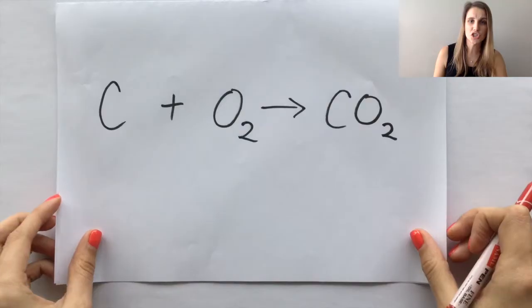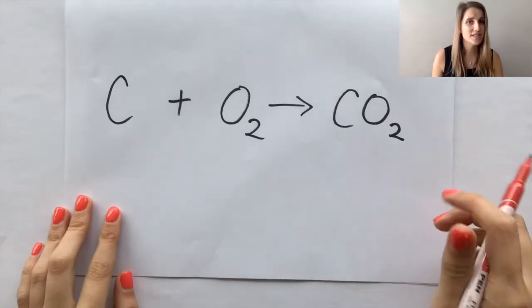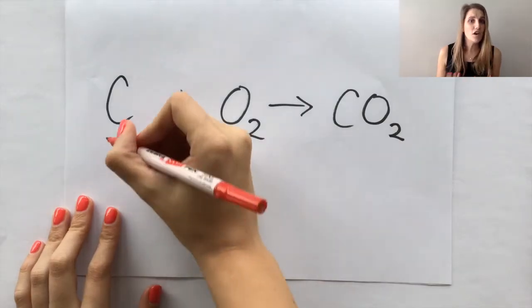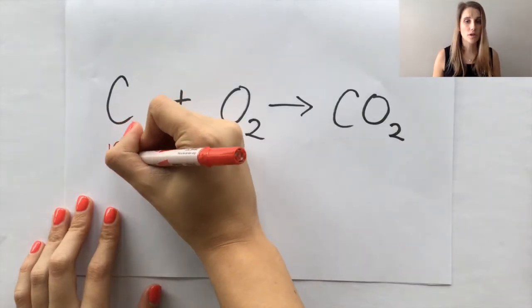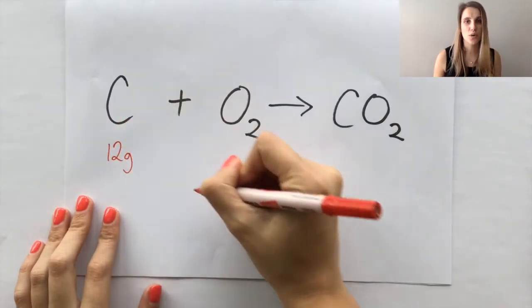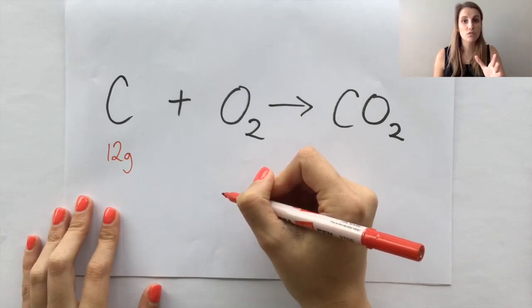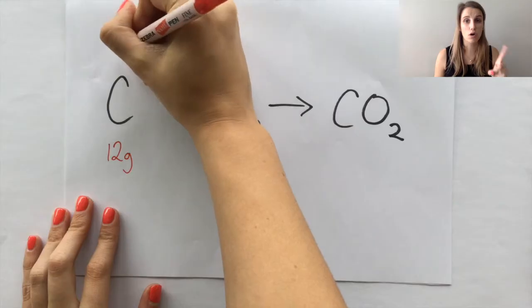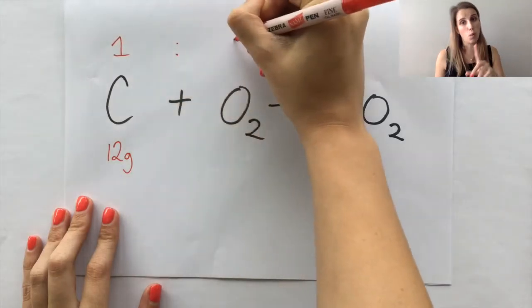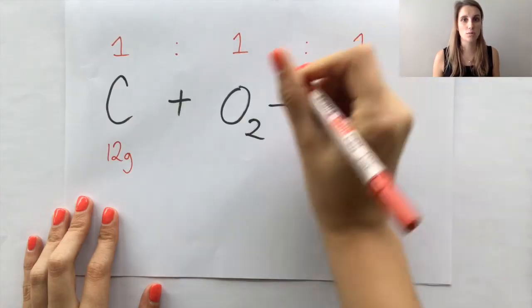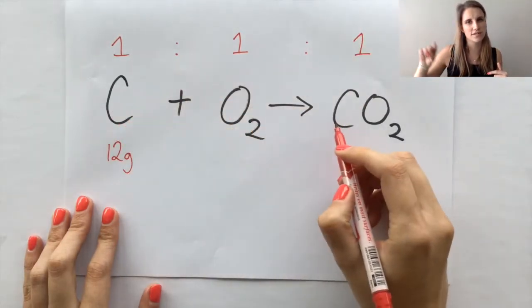Carbon burning in oxygen to make CO2. This equation is already balanced. Now my question today is if I've got 12 grams of carbon, what mass of CO2 am I going to make? Now from the equation, we know that if you've got one atom of carbon, that will react with one molecule of oxygen to make one molecule of CO2, because all of them have got ones in front of them